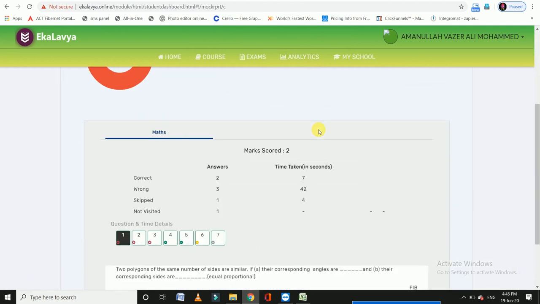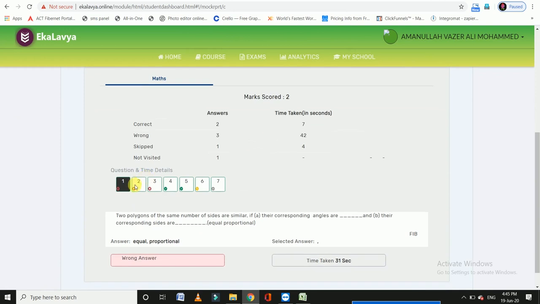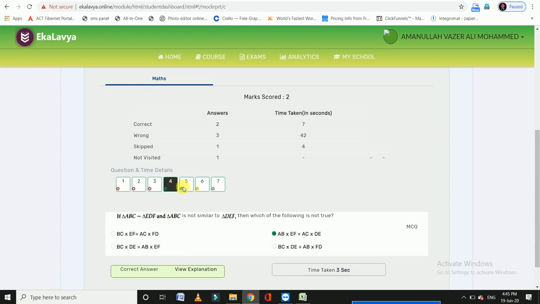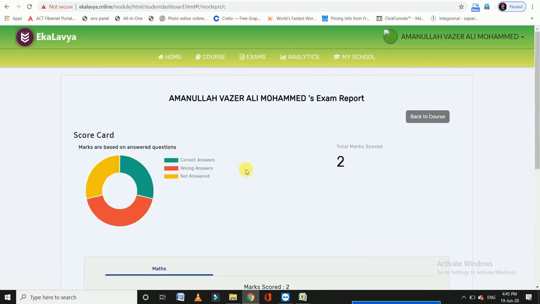including the time taken for each question. So all the wrong answers and the correct answers, and the explanation is available there. Here it is shown in the form of a graph,